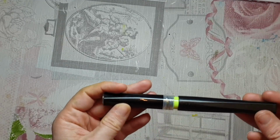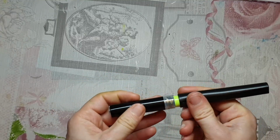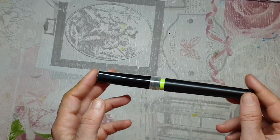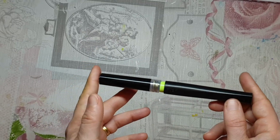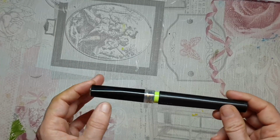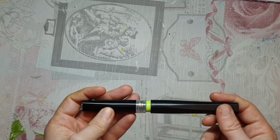I've loved my Spectrum Noir sparkle pen. I love that I can squeeze it and I get more liquid out. I love using this over insect wings, fairy wings, on eyes, on night skies. So they just come in handy in a whole variety of ways, and it doesn't affect